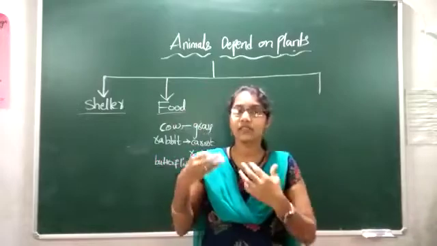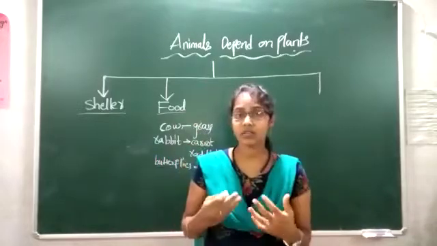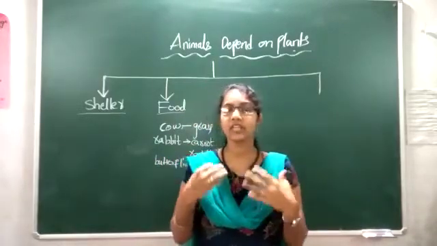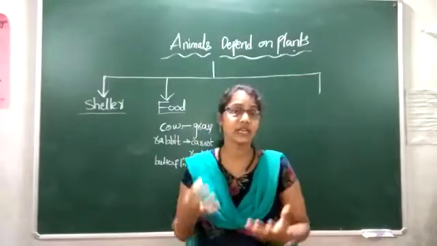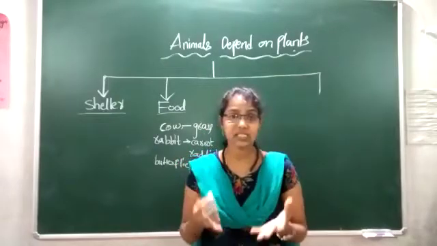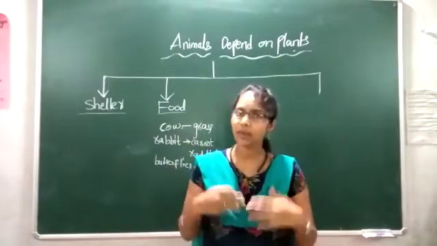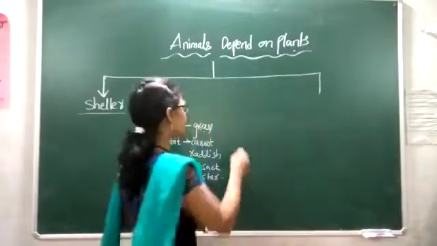So many animals will eat all the parts of the plant. Some will eat roots, some will eat leaves, some will eat grass, and some will eat stem. They will eat all the parts of the plants, children. And next one is